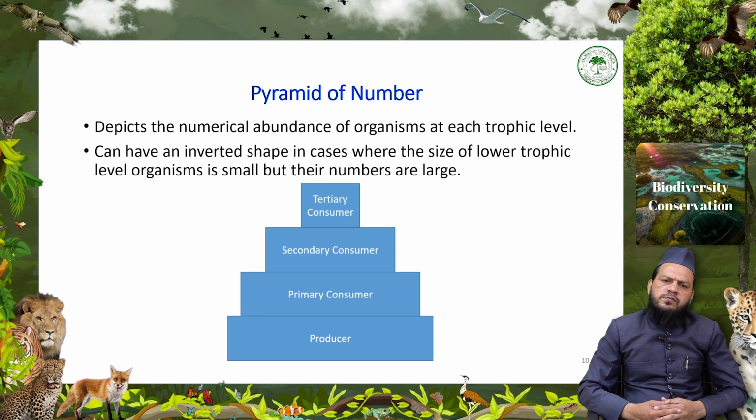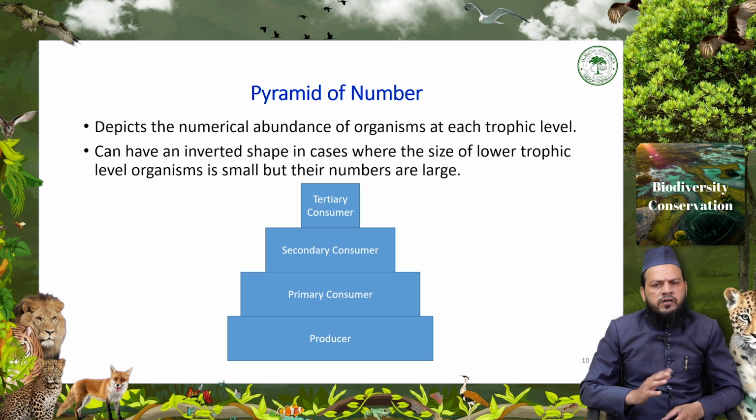The pyramid of numbers offers a visual depiction of the numerical abundance of organisms at each trophic level within an ecosystem, providing essential insights into population structures. This pyramid represents a fundamental aspect of ecological relationships, showcasing the distribution of individuals across different levels of the food chain. While it typically follows an upright shape, indicating a decrease in the number of organisms as one moves up the trophic levels,